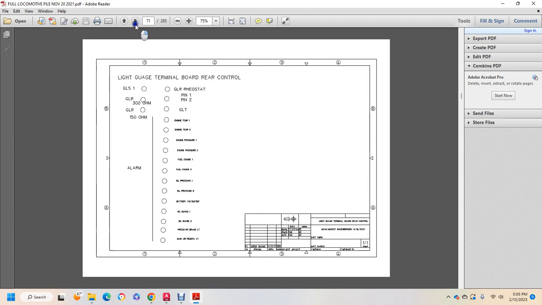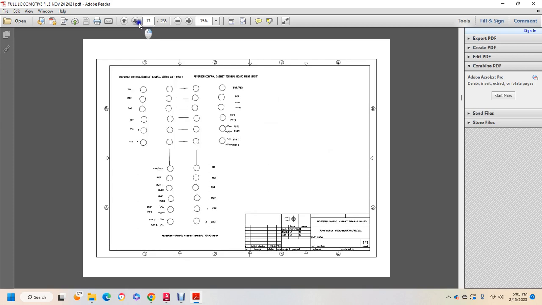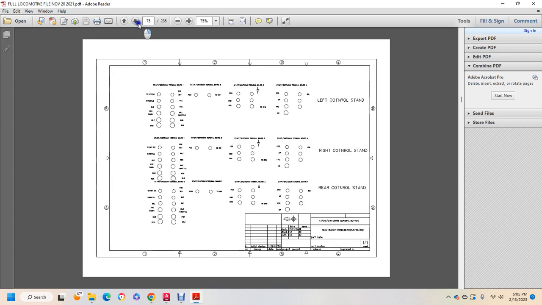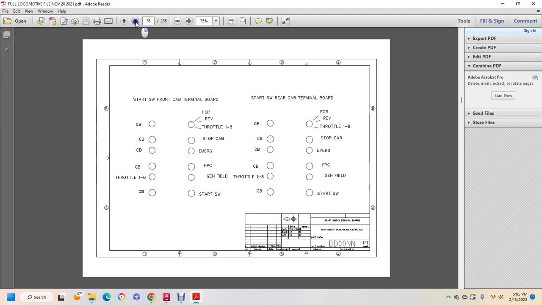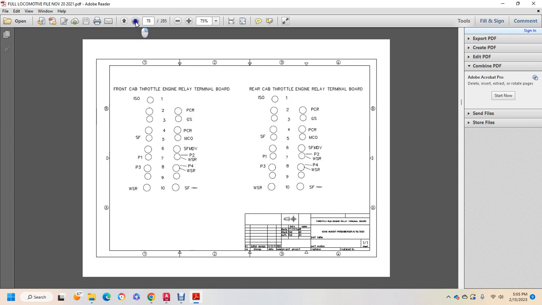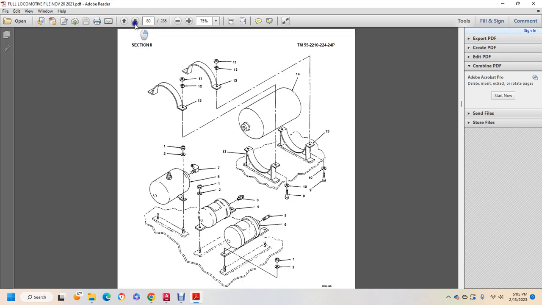right gauge, left bank, left gauge terminal and rear control. Motor cutout terminal boards, front cab, rear cab. Reverse control terminal cabinets. Standard front cab, rear cab. Right control stand, left control stand, rear control stand, start shutdown terminal boards, start shutdowns with rear, front and rear, light cabs all the way around, front cab throttle terminal bar, rear cab throttle terminal board, overhead reservoir air auxiliary,